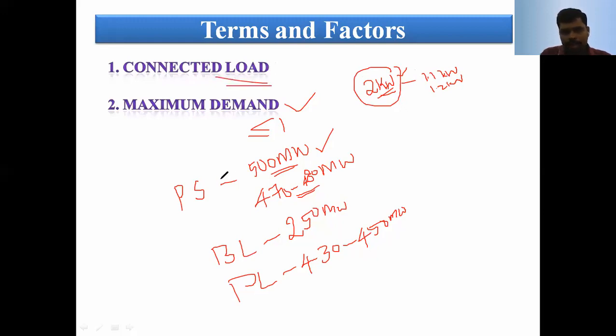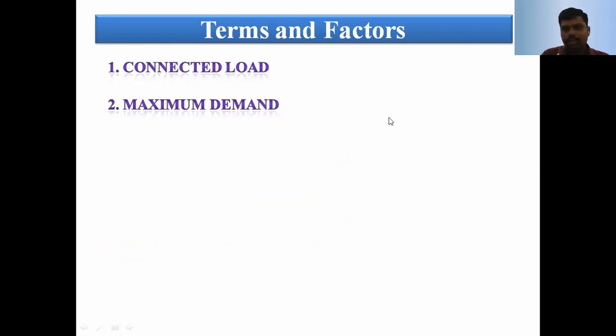Here in this particular power plant, what is the power generation capacity? 470 or 480 megawatt. For example, take 470 megawatt. This much power we can generate in the particular plant. But what is the maximum demand? 450 megawatt. This is also not constant. Sometimes the consumer load varies, at 220 megawatt, 320 megawatt, 350, 380, or 400 megawatt, based on the time and the season. This is the maximum demand.